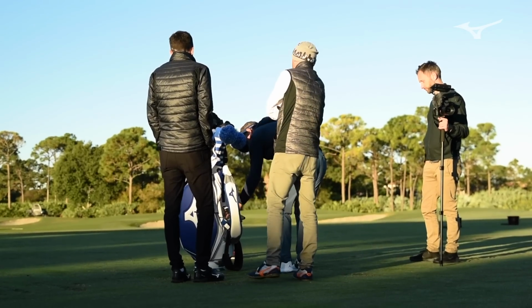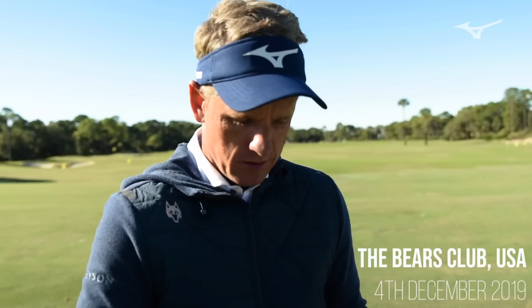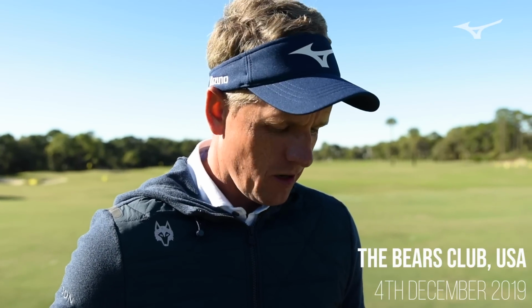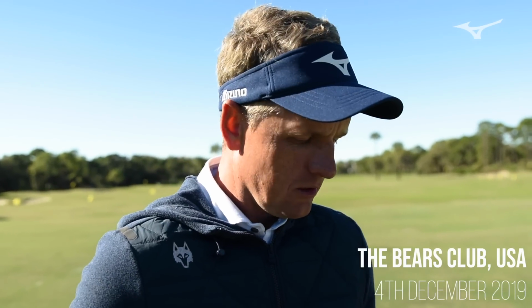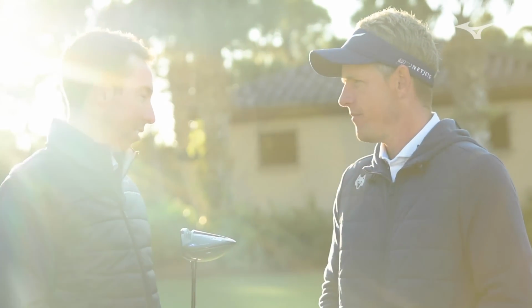Yeah, the ST190G. Obviously, when this driver came out, you could tell straight away they made some great strides with it. Feel very comfortable with it. Love the stride, love the feel, love the numbers. This one was easy to put into the bag pretty quickly. So yeah, really been